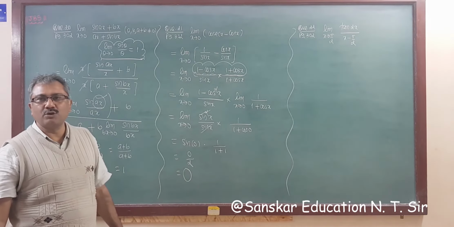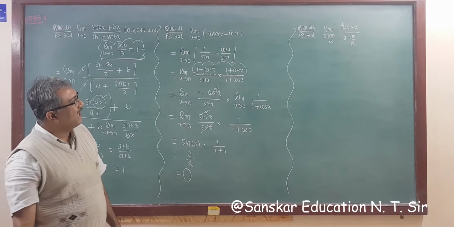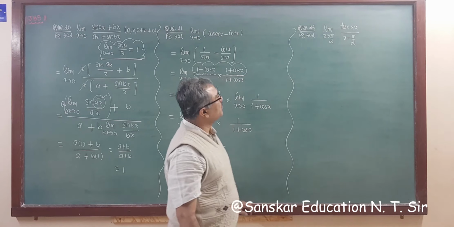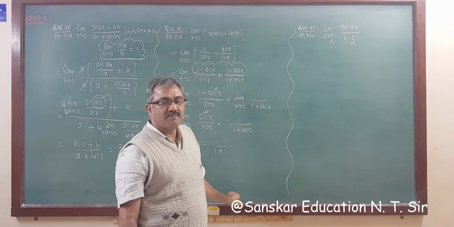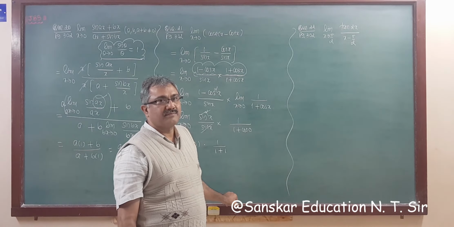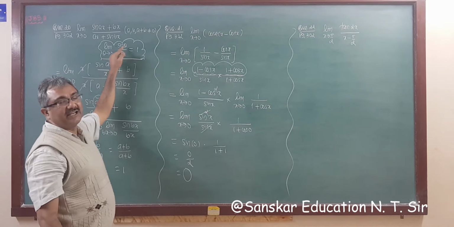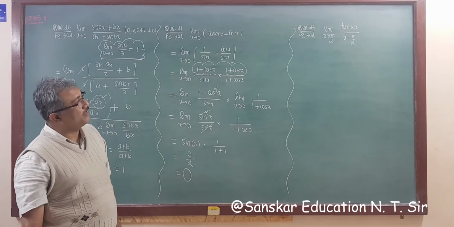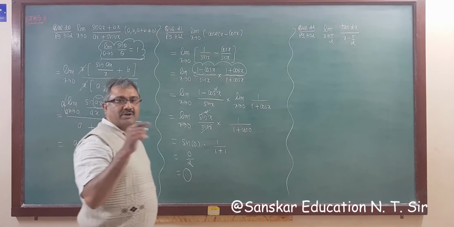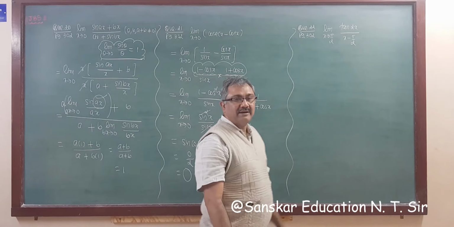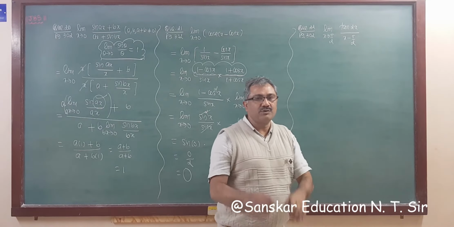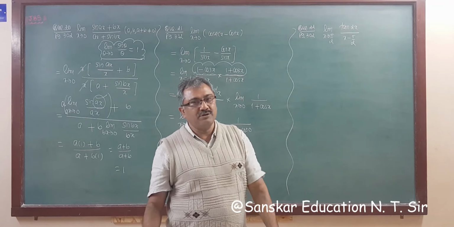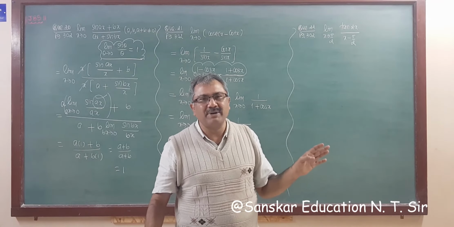That is 0, right? And the second question, that is question number 22, page 302. Limit x tends to pi by 2, tan 2x upon (x minus pi by 2). You have one formula, same as this, tan theta upon theta while theta tends to 0, but there is no theta here. So now remember one thing: while the limit is the same as this with plus or minus and you don't know what to do, that means totally you are blind.